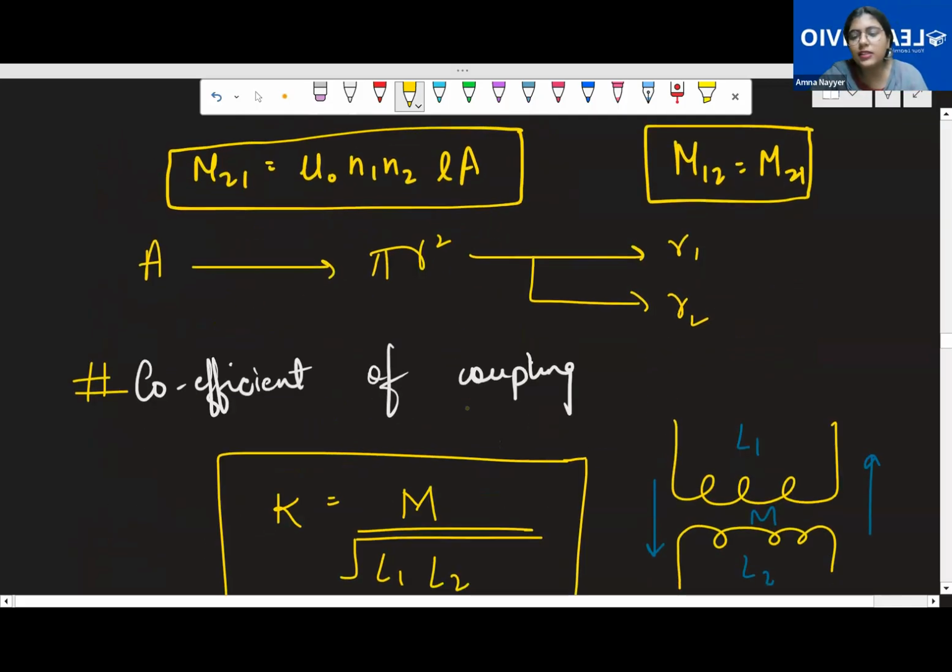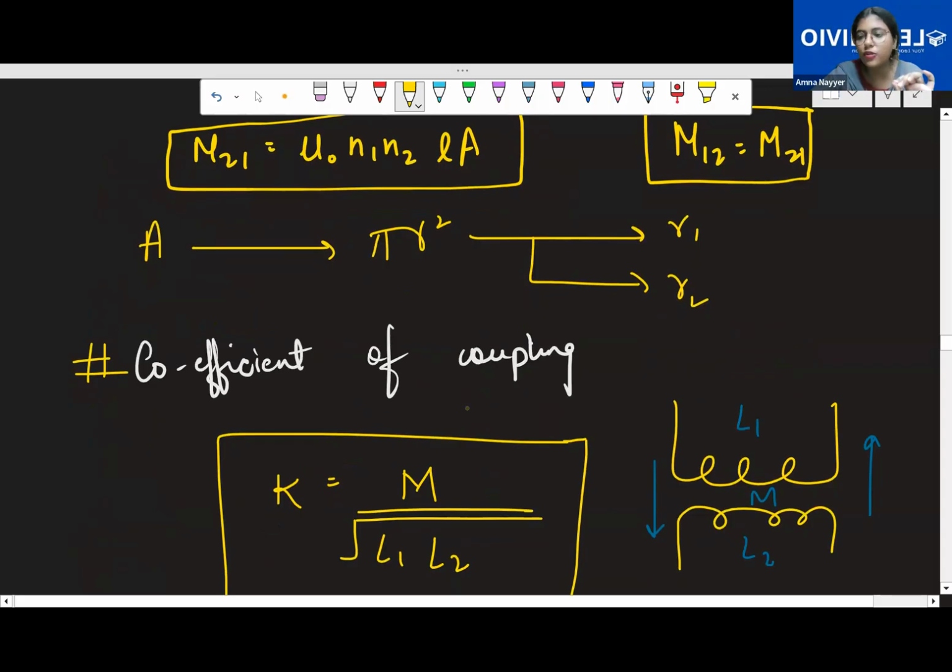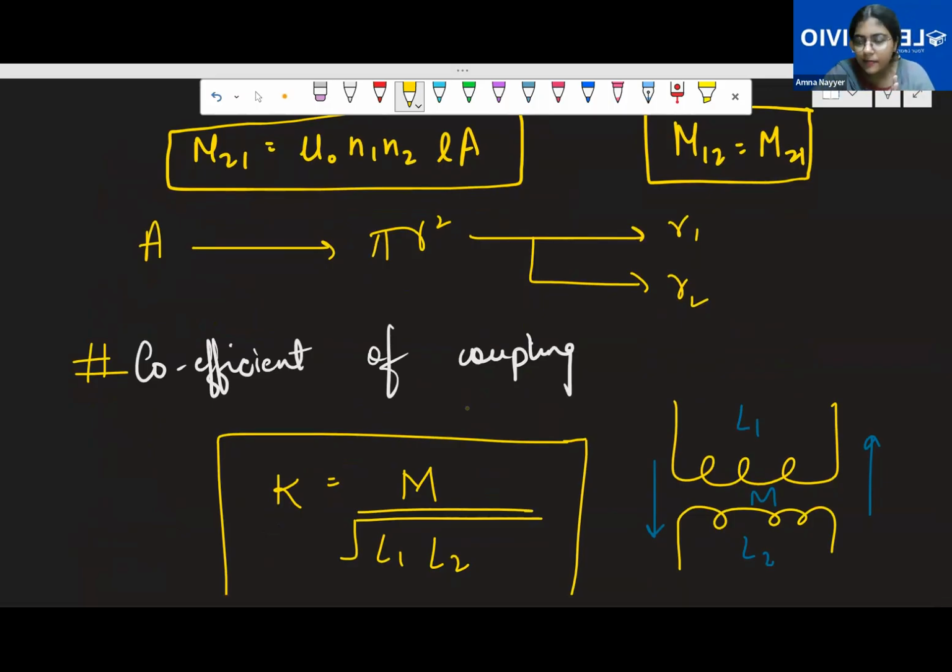And one more thing, there is the coefficient of coupling. See, what is this coefficient of coupling? Two coils are there. Between the two coils, mutual induction exists. But within the coil, self-induction will also be there, no? What did we study? If flux is changing, the magnetic field is changing, this whole theory occurs. So what about the self-induction of the primary coil? When the current changes, there would be an induced current within the same coil also.